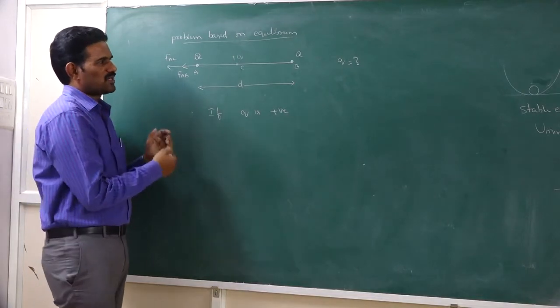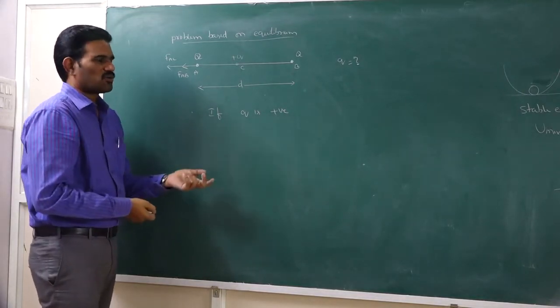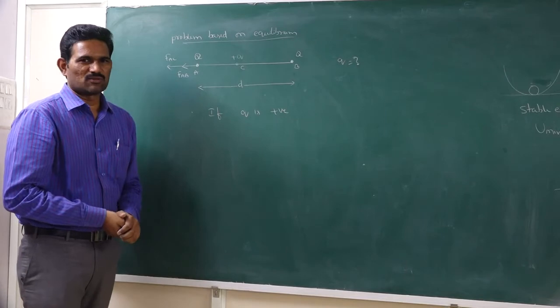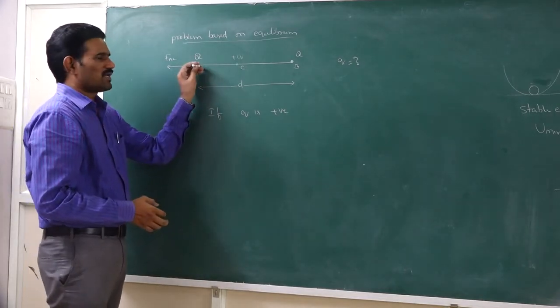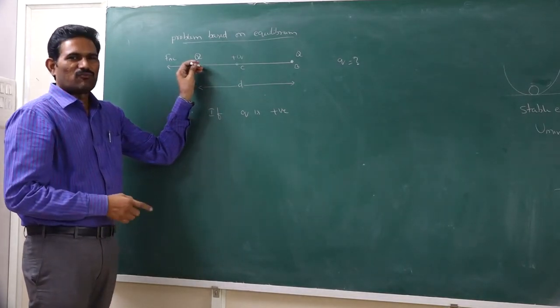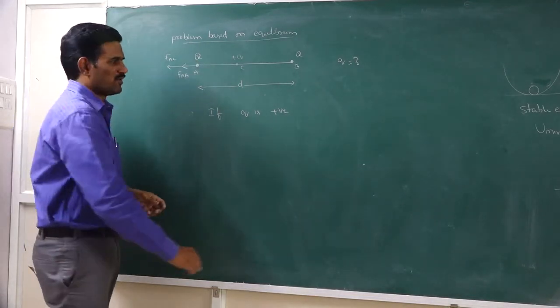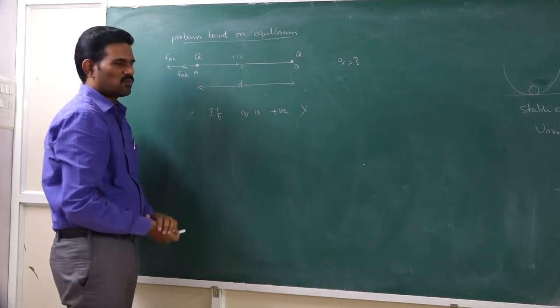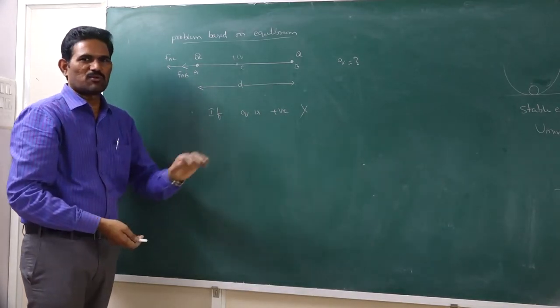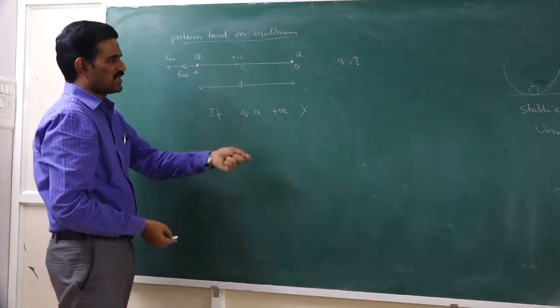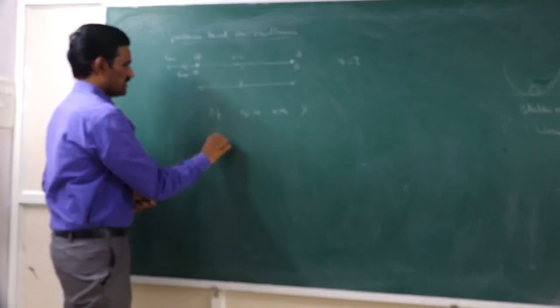When both the forces are in the same direction, definitely you can say that the net force is not equal to 0. And so the force acting on A is not 0. When the force acting on A is not 0, you can conclude that the system is not in equilibrium. And so this positive charge is not possible for us. So the charge should not be positive. Similarly, let us check if the charge is negative.